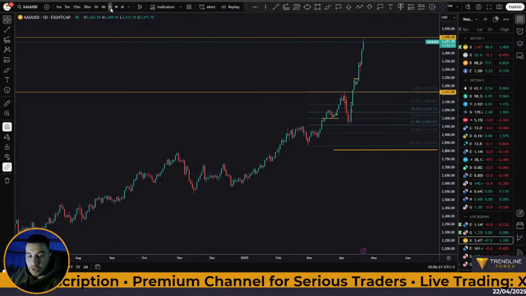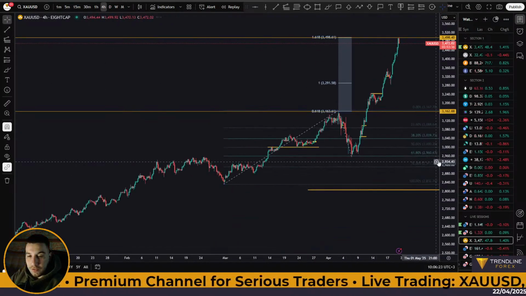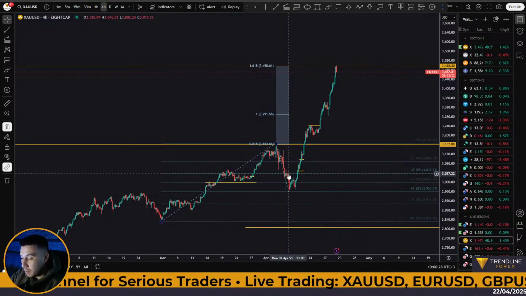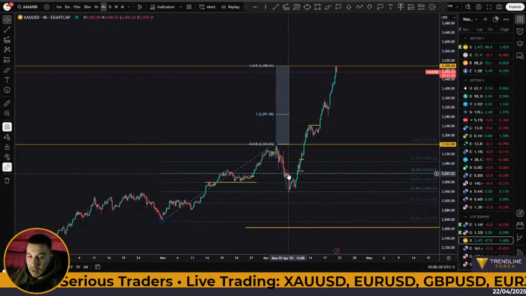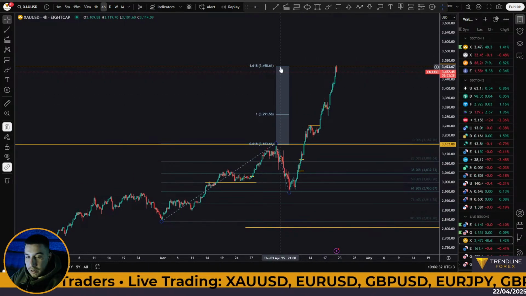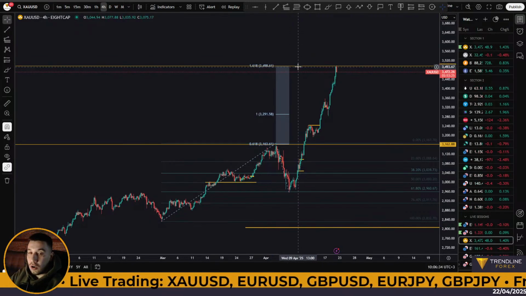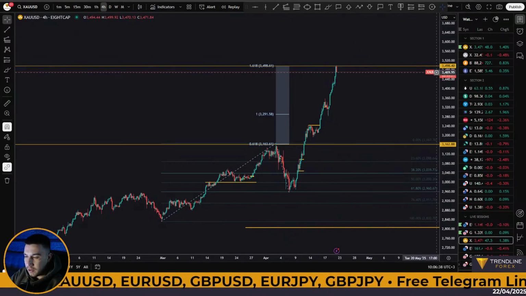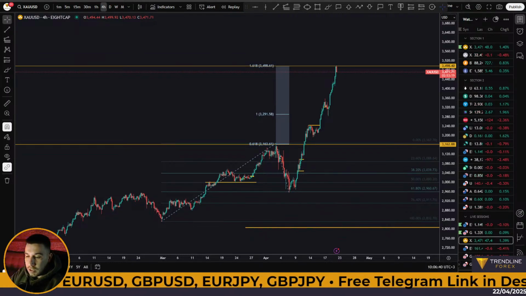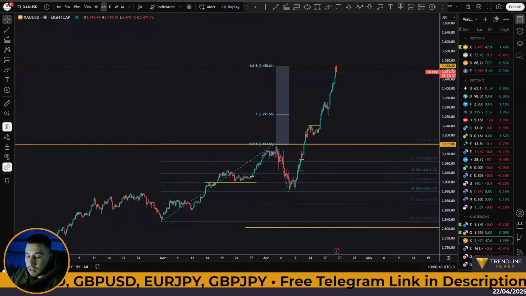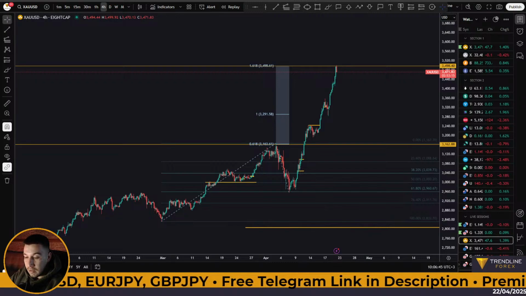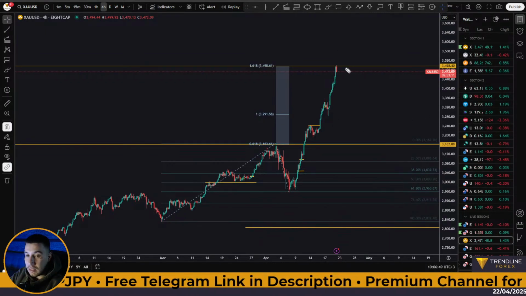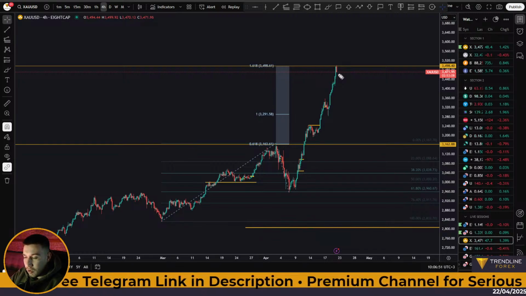But I also want you to see my 4-hour time frame right here. So I've got this last move. This is what I talked about in the premium Telegram channel earlier today, that we are currently trading at a very strong level here for gold as well. We're talking about the level of 3,500. Now, I'm not saying that we're not going to see a continuation to the upside. I believe price will continue even past 3.5K. But before that, there's got to be a pullback, right?